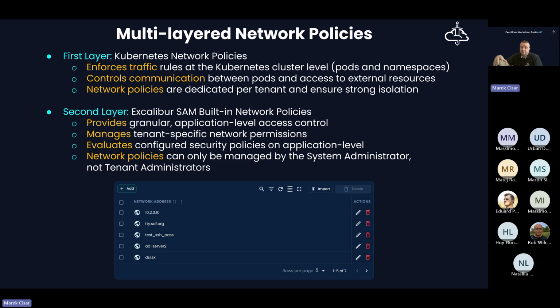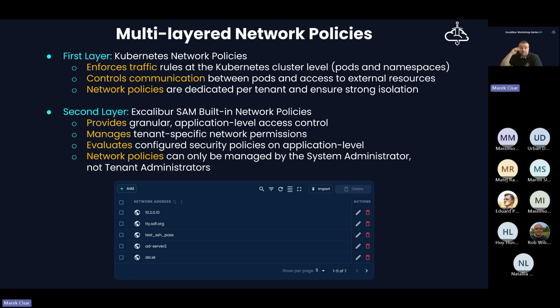In that case, whatever is configured within Excalibur SAM will not take place, will not apply when the tenant administrator tries to configure a PAM target in such a network segment that he is not allowed to.